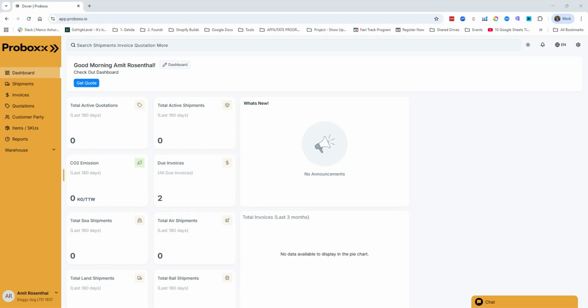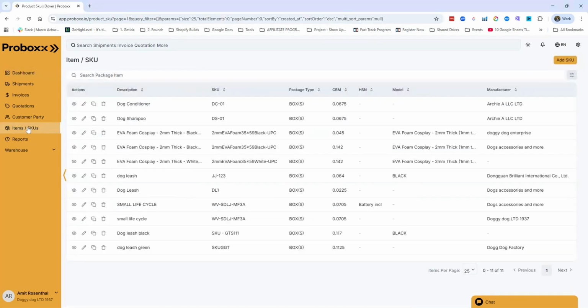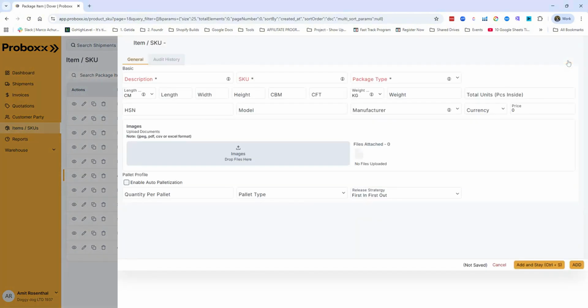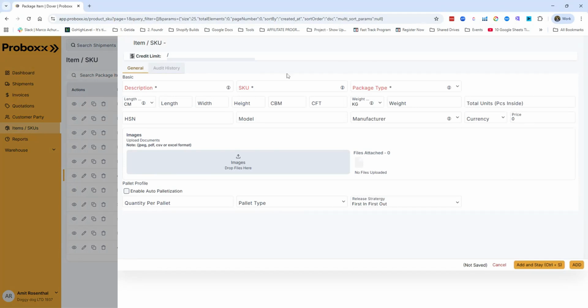So let's begin. To start, just click on the items/SKU button on your left side, and then in the upper right-hand corner, just click on Add SKU, and just fill in the required information. So basic information includes description, which is, let's say, cat shampoo. All right, then add an SKU code,